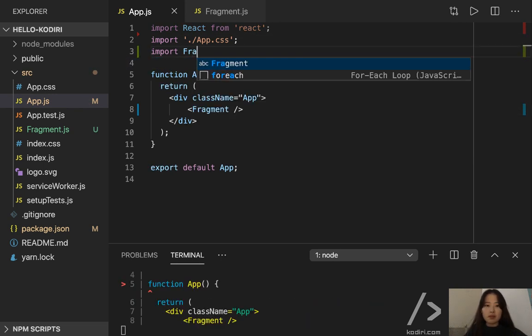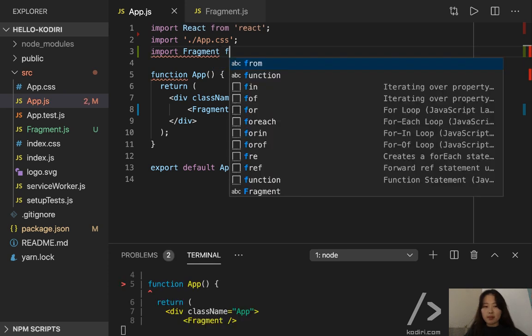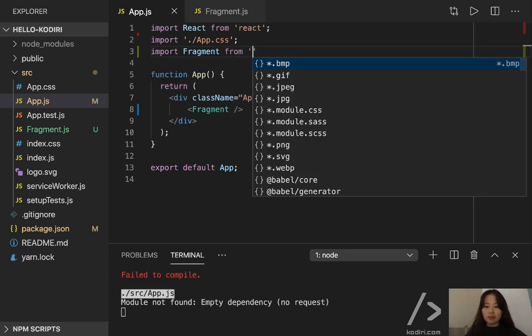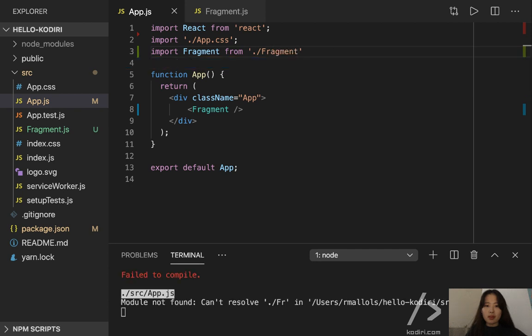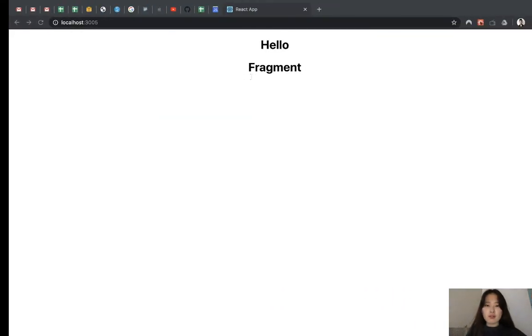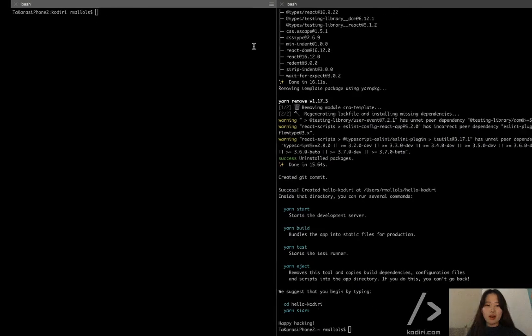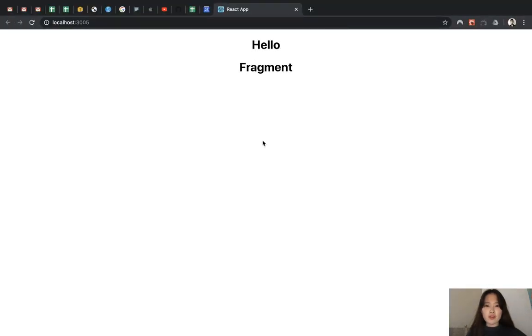Import fragment. Now we have this hello fragment, and if I inspect this,